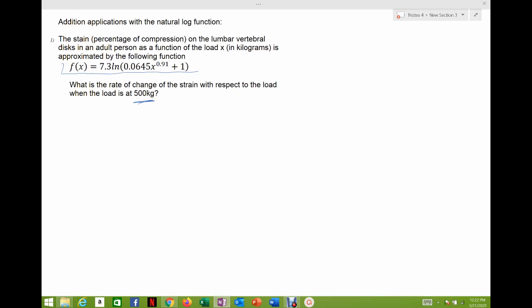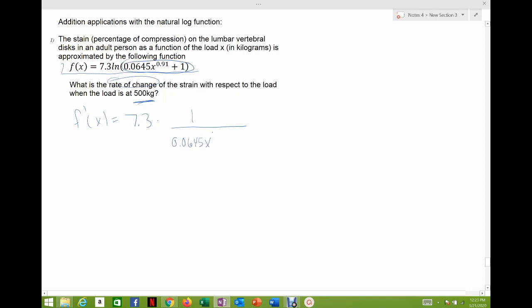The biggest thing with this is just mind all of the ugly numbers. So it is just a simple log function of a function. So it is the chain rule. No other rules are involved, it's just the chain rule of the log, because 7.3 is a constant multiplier, it's going to come along, times the log of that expression inside. And so when we take the derivative, we want the derivative because we're looking for the rate of change. 7.3 is a constant multiplier, it's just going to come along. It's the derivative of the natural log, which is 1 over the function that's inside, exactly the same. You don't change anything about this inside function. And so it's 1 divided by that